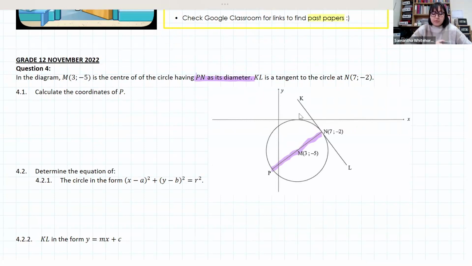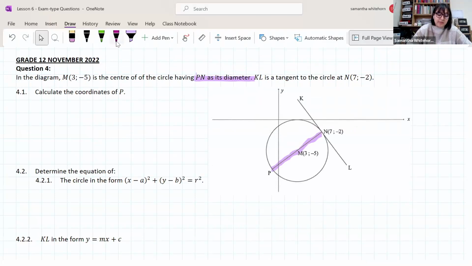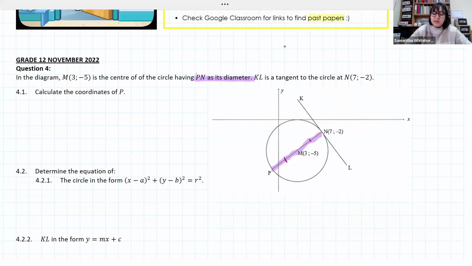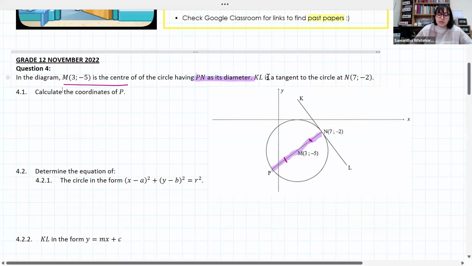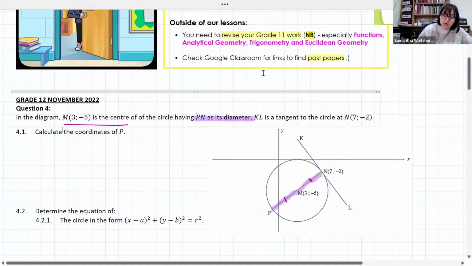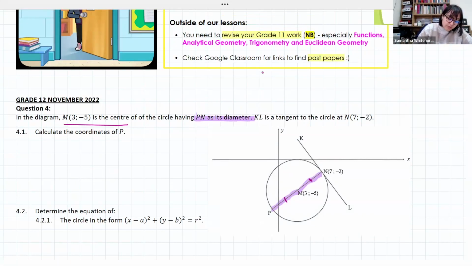So PM is a radius, MN is a radius, and really importantly, that therefore means that it cuts the diameter in half. So M is the midpoint of the diameter because M is the center of our circle. So what that means is we can use our midpoint theorem to go and determine the coordinates of P. So remember, midpoint theorem says that,